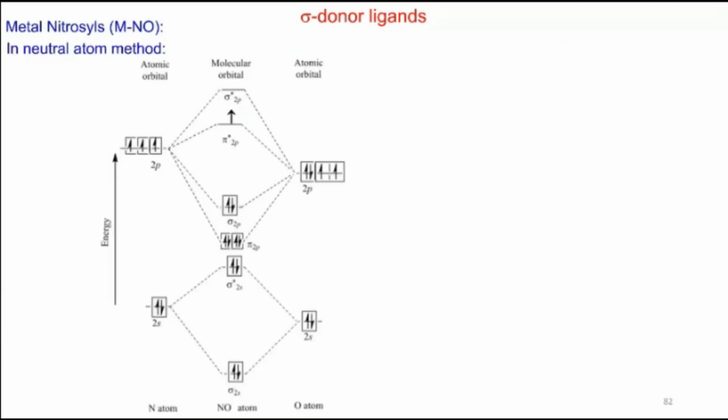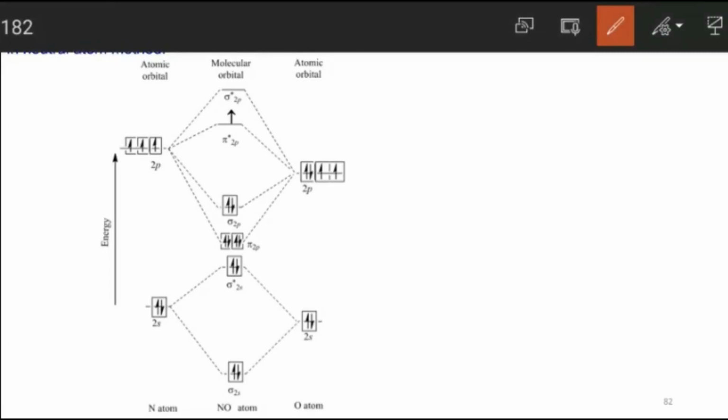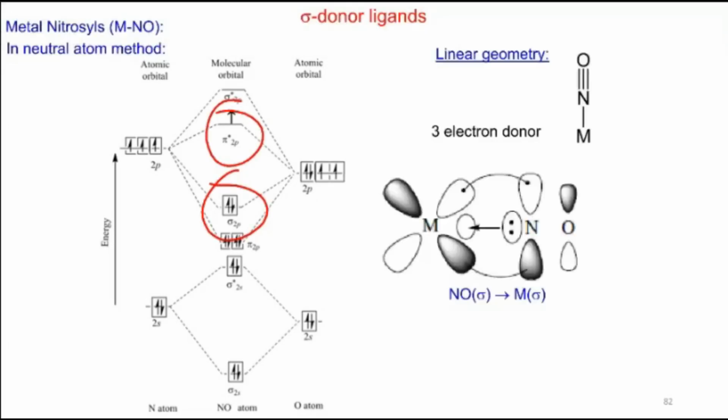Now, if you want to ask how this 3 electron and 1 electron counting arises, look at here. This is the neutral atom method, which we are actually following. You can see there are 3 electrons present in the frontier orbitals, 2 in the sigma orbital and 1 electron in the anti-bonding orbital. These 3 electrons are donated to the metal center to form the metal-nitrogen sigma bond. Therefore, the linear nitrosyl is actually a